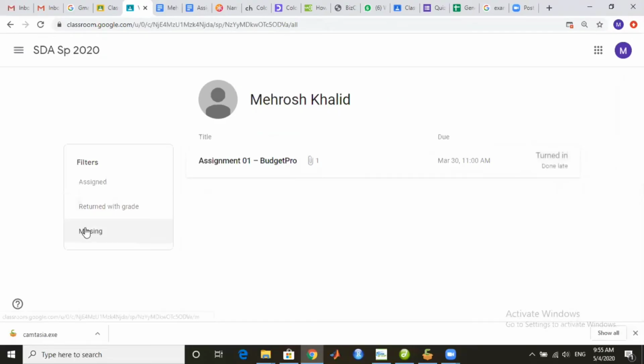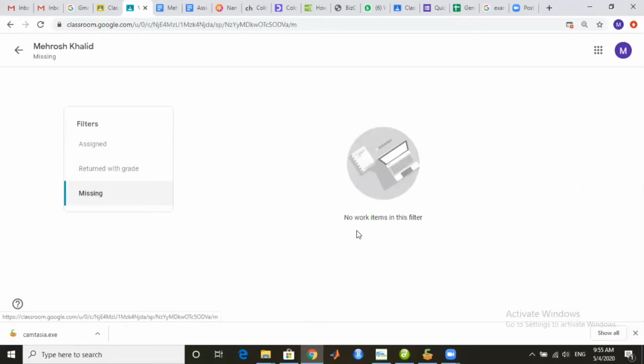View your work. Now, if I click on the missing section, this missing section is blank. Remember that before submitting the assignment, when I clicked on the missing section, it was showing me that I have one missing assignment. Now no assignment is assigned to me because I have submitted the assignment. Return with grade: the teacher hasn't marked the assignment yet.